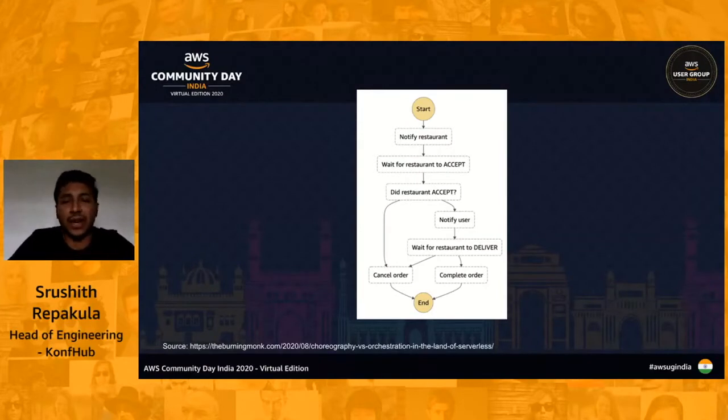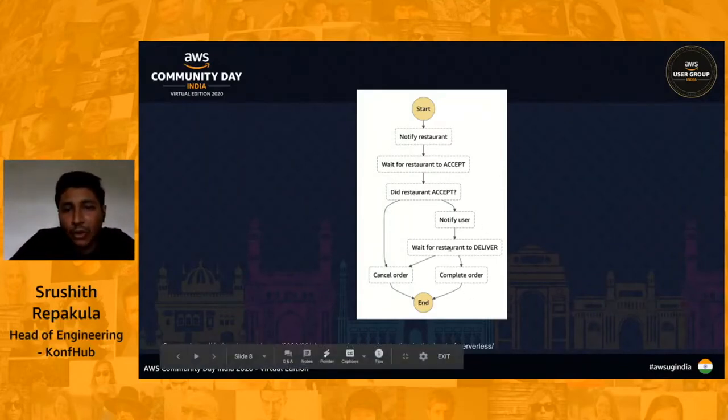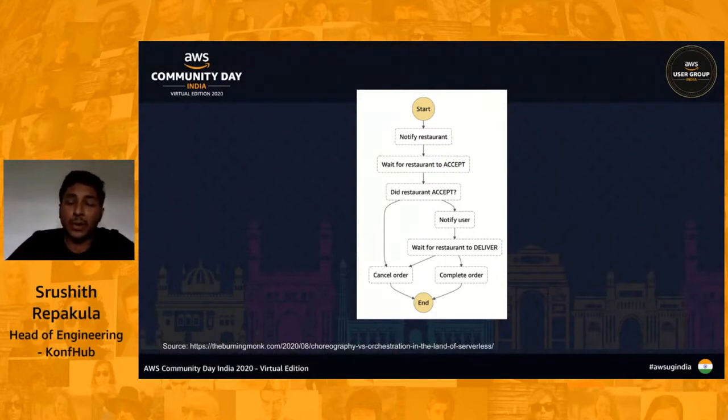If the restaurant is not accepting for whatever reason, let's say, for example, it suddenly started raining and all sorts of things, we can directly cancel the order. And if there's some problem while delivering or while preparing the order, we can have a catch block. As I told you, we can have retry mechanisms. Apart from that, I can have a constant try catch block, where I can catch any error in this flow and call the cancel order and stuff like that. All of these are also possible with Step Functions.